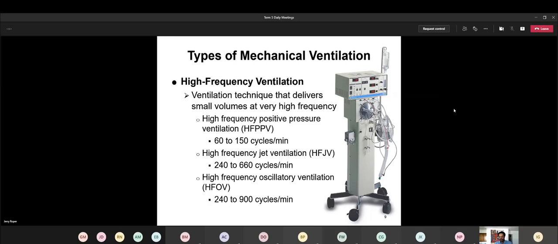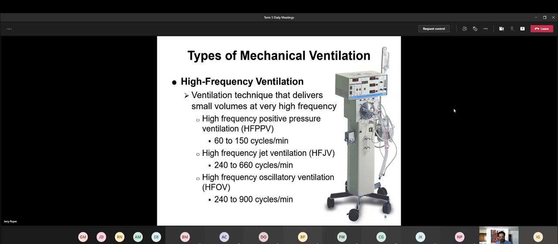And so here we have high frequency positive pressure ventilation. They're saying here 60 to 150 cycles per minute, which really means that there's some manufacturers that will have a machine that's just dedicated for ventilating in this range, and that's it. So 60 to 150 cycles per minute, or hertz, is what that machine could be capable of doing. And it would be classified as just an HFPPV machine. But